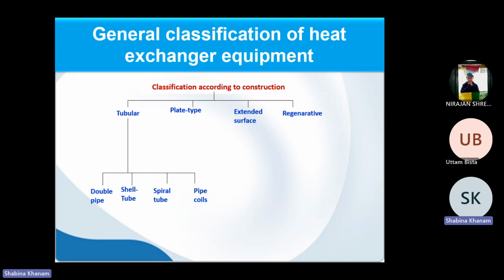When we consider the double pipe heat exchanger and shell and tube, both have one pipe, and inside that we have another pipe, that is a double pipe. But if inside that I have a number of pipes, we can consider that as shell and tube type. So this is the tubular type. Now the spiral tube. How can you consider that spiral tube? Spiral tube will be like